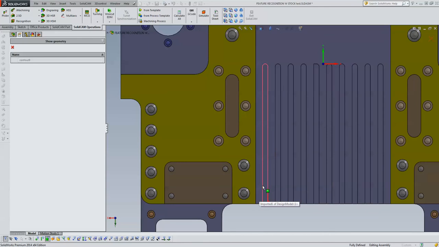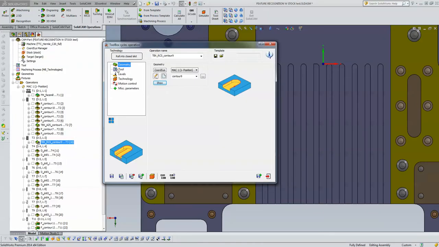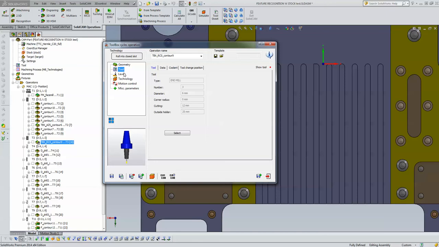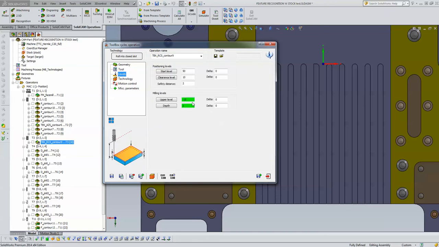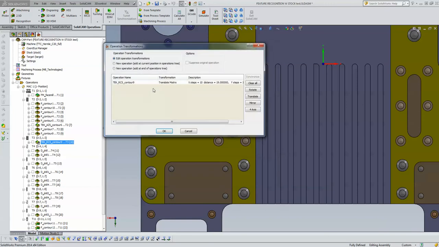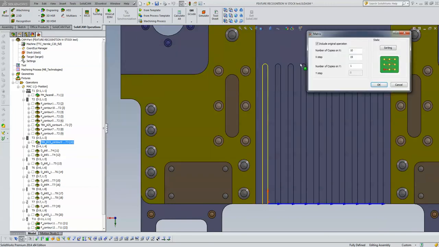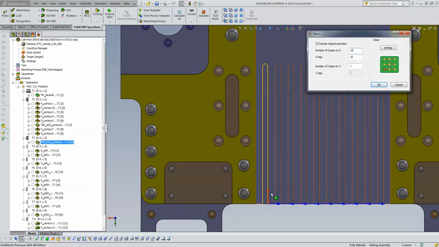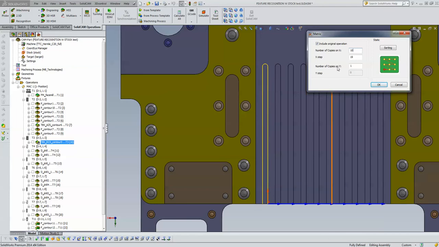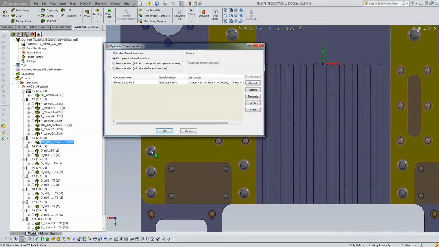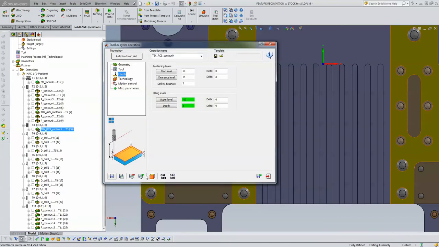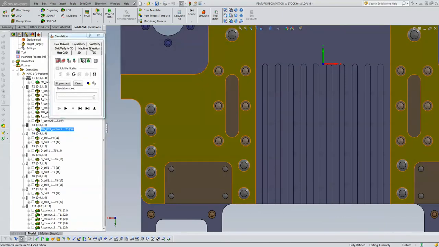So all I had to do was create one geometry, choose the proper tool I needed, choose my levels as shown over here, and then I went into transformation, and in transformation I just chose the number of copies. I had 10 altogether as shown over here, and the space between those as well. Okay, just accept everything I have over there, run my simulation. Let's actually do it using solid verify this time,